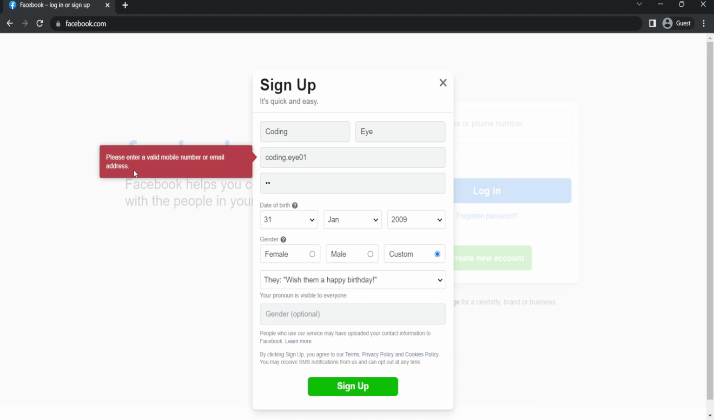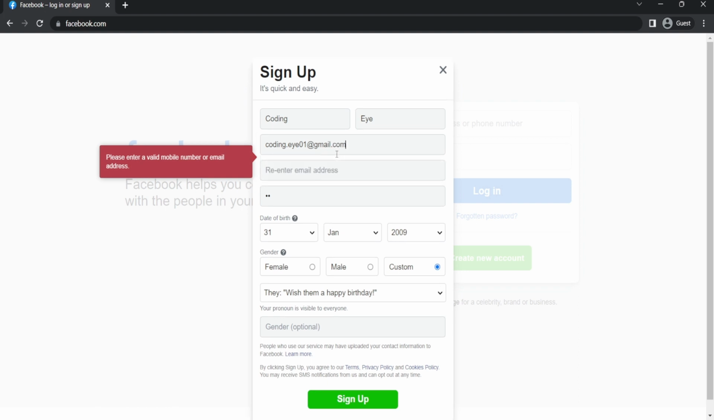There we can see it is asking, please enter a valid mobile number or email address. That means on this string Facebook, behind the scenes, adds a few checks, and this one is not in the correct format. Generally an email address will have some format, that is @gmail.com or @yahoo.com, like this. If that particular format is missing in the given string, then it will give this type of error. Generally we see these types of errors in all types of forms. Now let's enter a correct format, that is gmail.com. Also re-enter the email address